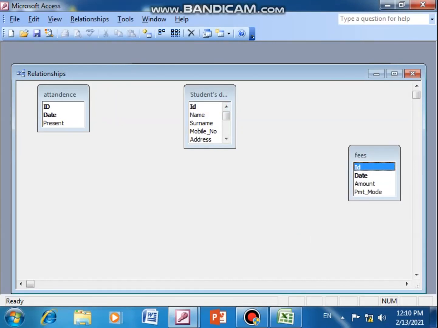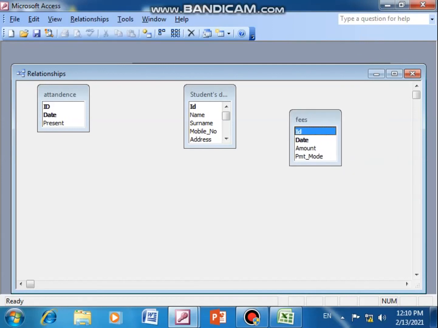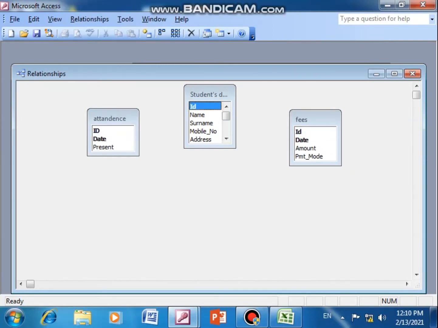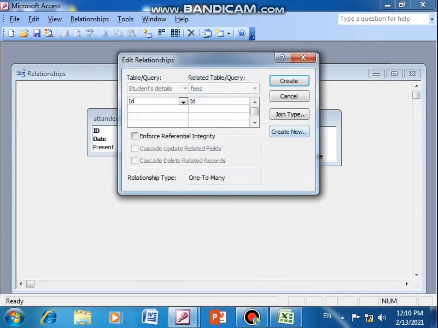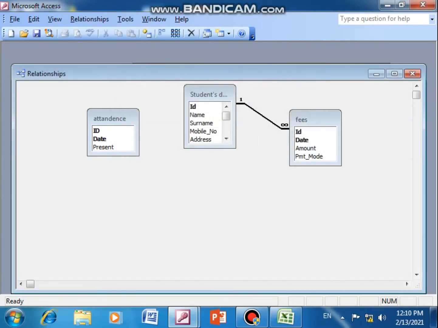Student table. Now the ID field is common between all of them, so I drag this ID and drop it on the fees table. It will open the create edit relationship dialog box. There I have to click on enforce referential integrity, cascade update and cascade delete, and the relationship will be created by clicking create. Here it is showing 1, while here it is showing many, so it is known as a one to many relationship.